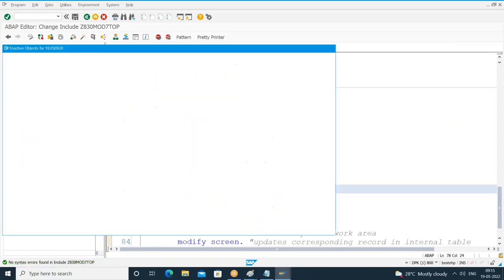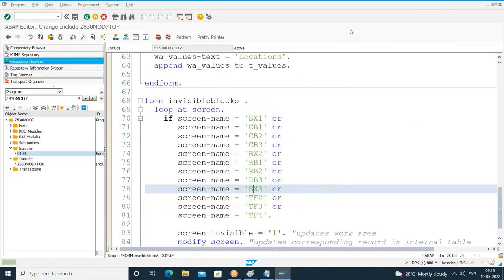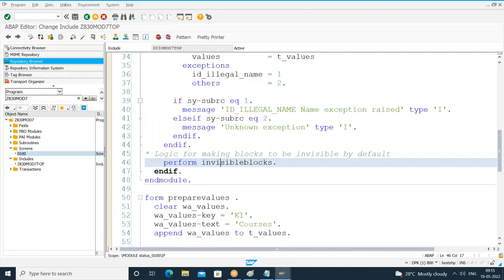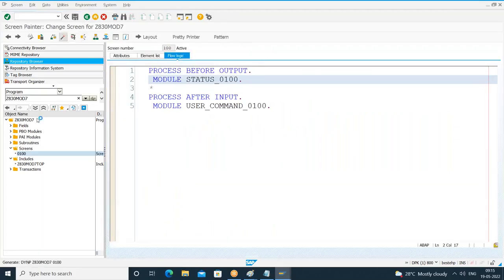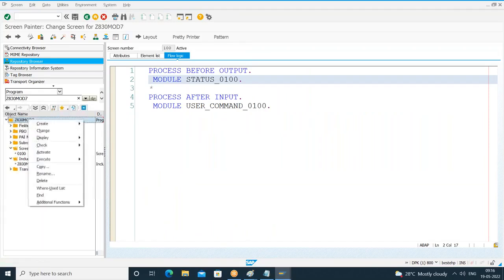So from now onwards, wherever we have the requirement to control the appearance of the screen, we need to loop this screen internal table and manipulate this internal table accordingly. Right? So when I execute this,